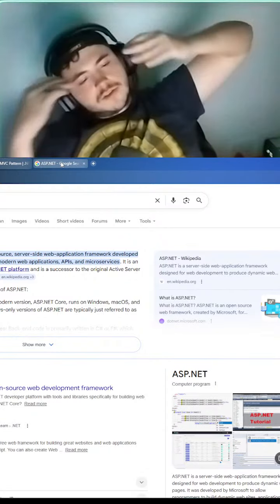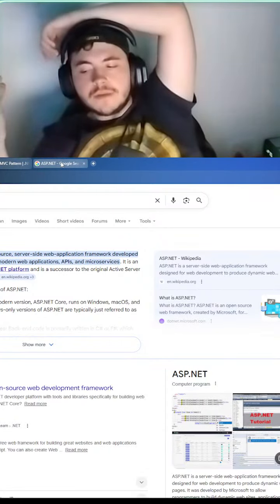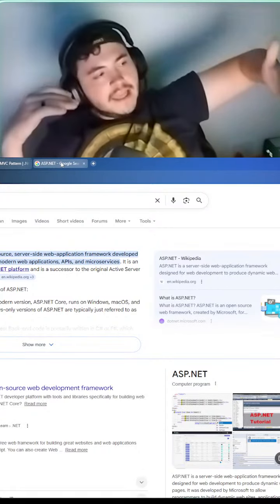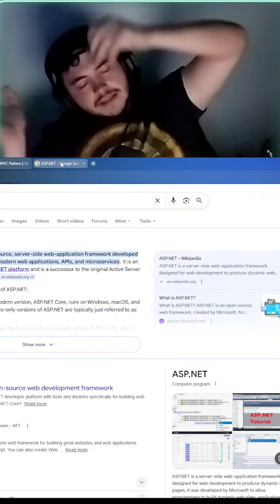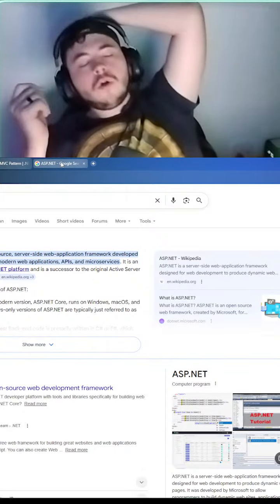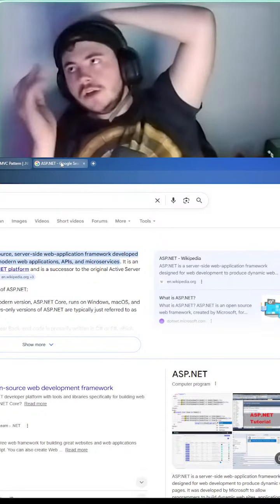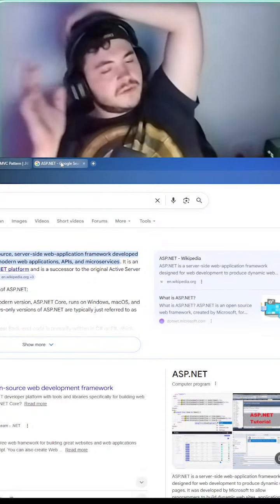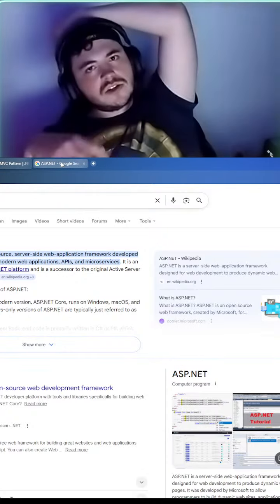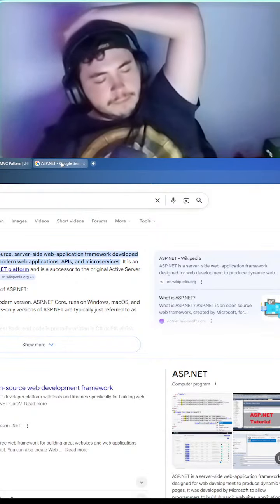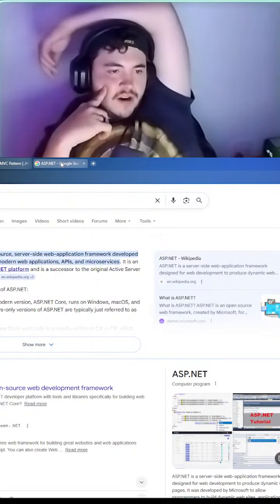A very common way of making a program is to have your front end in one bucket and your back end in another bucket. We call that microservices because it is one service, your front end service, your back end service, and it is micro because it is small. The alternative to that is to have your front end and your back end stored in the same bucket. We call that a monolithic structure.